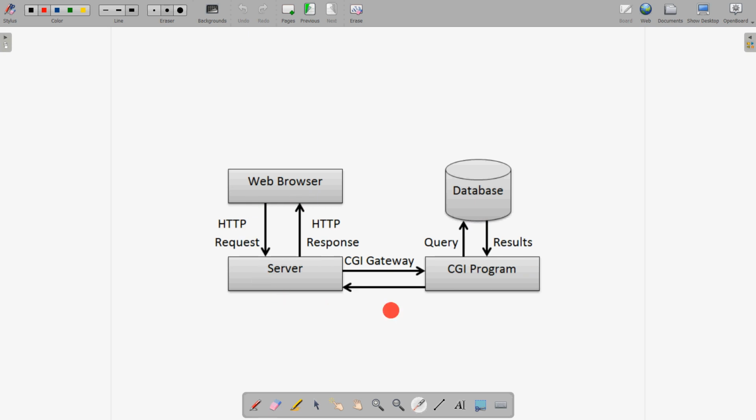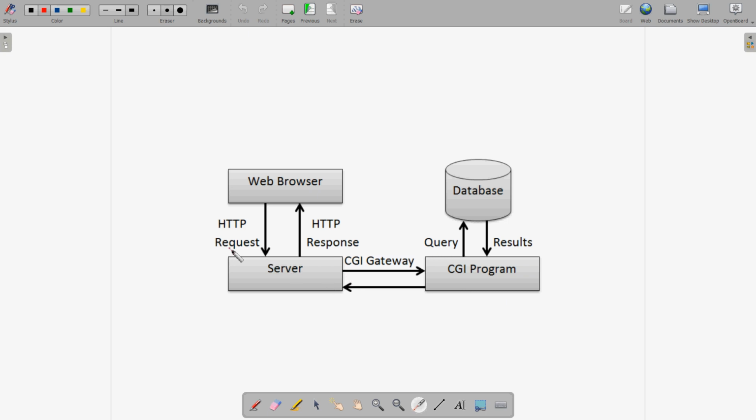So this is the way the data which we request from the web browser is fetched from the server, and from the server it is again requested from the databases. Clear? So this is how the CGI gateway works.